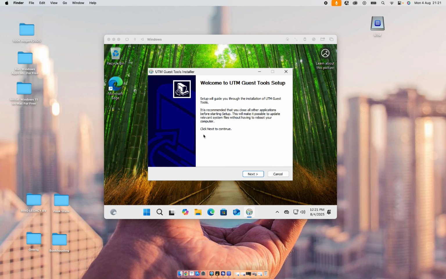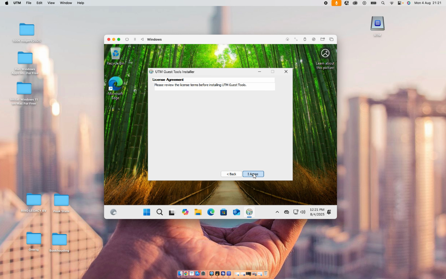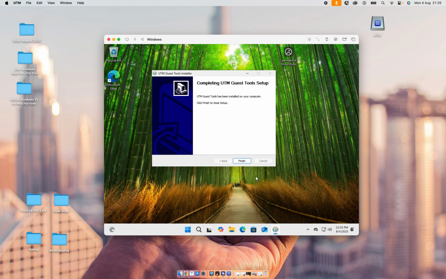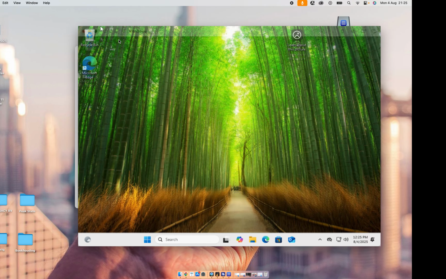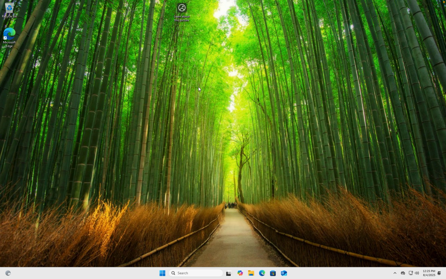Then what we need to do is install the UTM guest tool setup. We're gonna click on next. I'm gonna click on I agree. Then we're gonna click on finish. What we're going to do is right click,